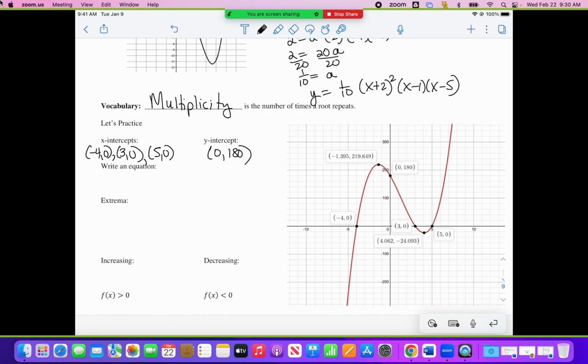So there's no bounce-offs. So if I want to write the equation, I'm going to use y equals a times x plus 4 times x minus 3 times x minus 5. I'm going to pause, and you can use the y-intercept and go determine